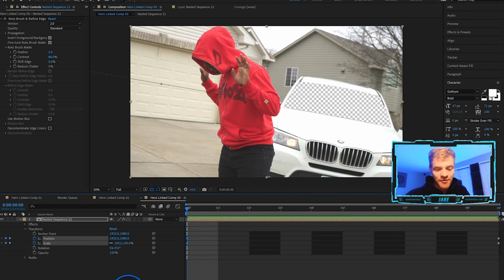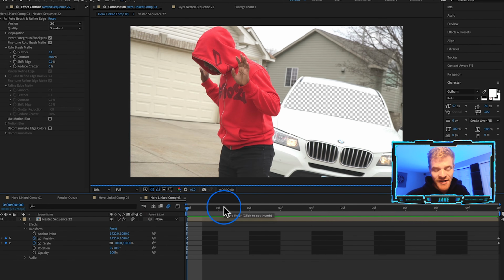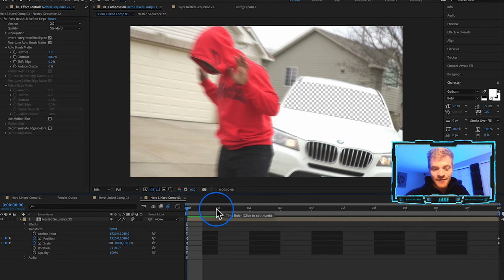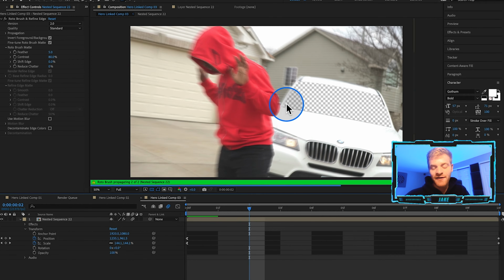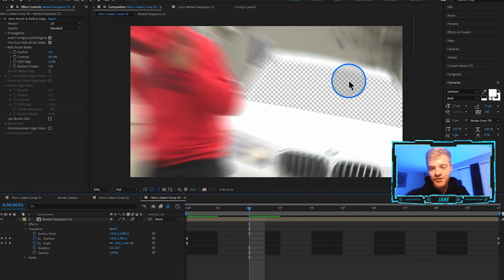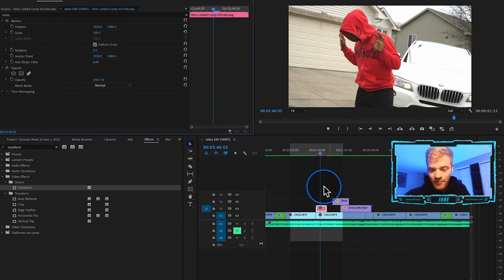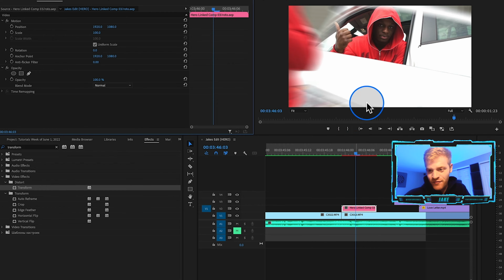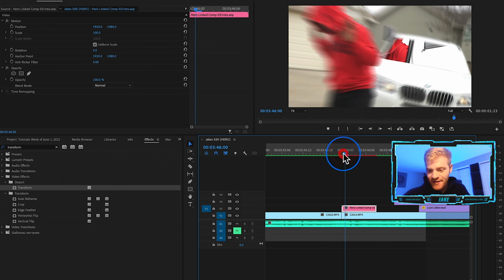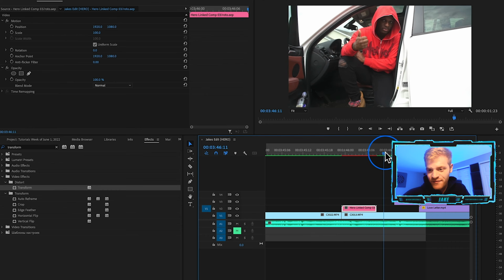One more thing I want to do before we throw this back into Premiere Pro is just make sure that we turn motion blur on, and that might take a second to render, but you'll see now we got some blurriness as we zoom into the windshield, which is actually going to make our motion look a lot more natural. Just hit Command S, and that's going to save our clip back into Premiere Pro. So let's hop back into Premiere Pro, and now as I hover over it, you can see as the clip zooms in, the next clip is revealed,